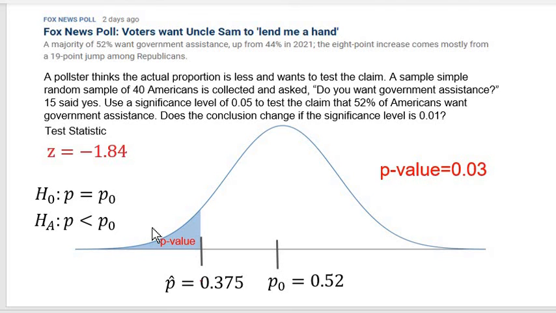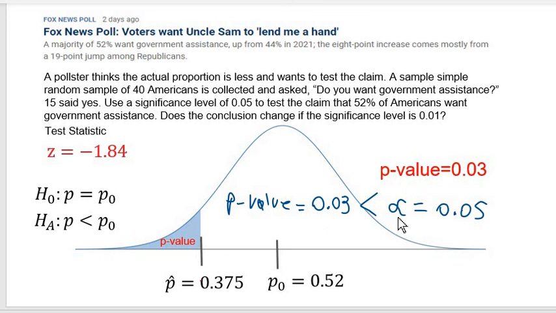All right, so finally, now we're going to make our initial conclusion about the null hypothesis. In the case of this left tail test, we found the p-value to be 0.03. The question says use a significance level of 0.05 to test the claim. Since alpha is given as 0.05 and our p-value is 0.03, I see that the p-value of 0.03 is actually a smaller number than the significance level alpha they gave me of 0.05.